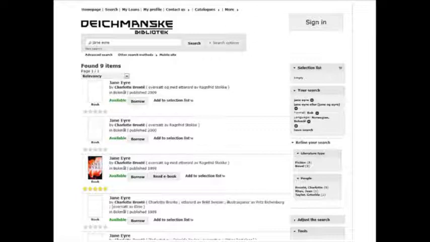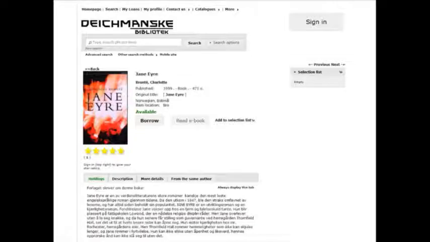As far as most patrons are concerned, they've found the book they were looking for at this point, but the system disputes that. So now the system demands that the patron should choose one of these editions, which are basically identical. The ILS vendors have added some discovery features to the OPAC, which has made it better than it used to be, but it's still not a good user experience.